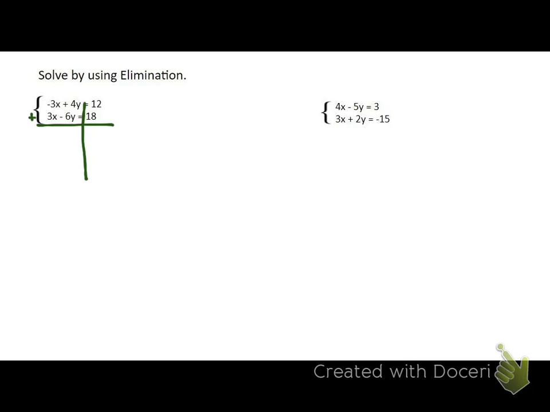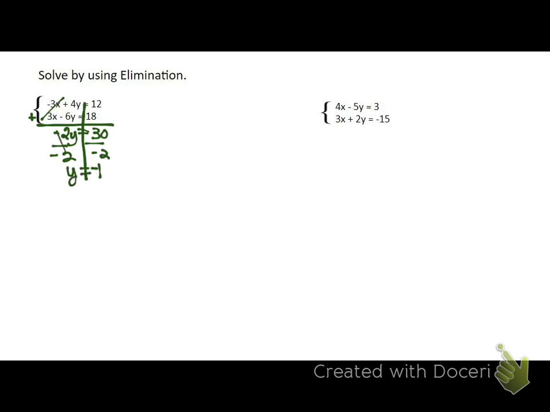So we have negative 3x plus 3x. Bam, they canceled, they're gone. Now I have 4y plus negative 6y. What does 4y plus negative 6y actually mean, though? It's kind of just like 4 minus 6y, right? And we're going to get negative 2y. And then 12 plus 18, 30. Okay. Divide by what? And then y is going to equal